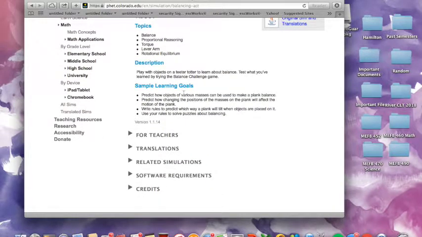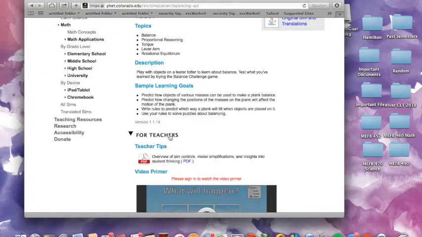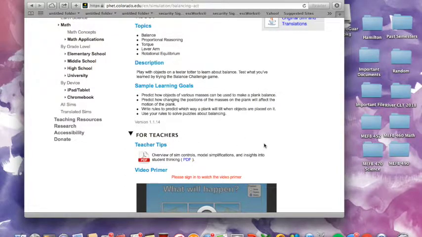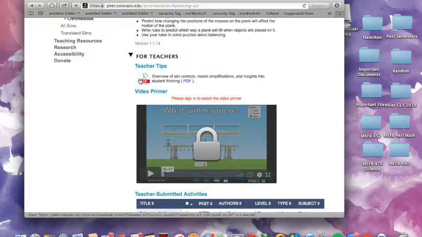One thing that I really like too is that it gives sample learning goals, so objectives that the students will be accomplishing with this. And there's 4 of those that it tells you. There's also a For Teachers link, and the first thing that pops up is a PDF of teacher tips. It gives you an overview of the sim controls, models, implications, and insights into student thinking. So it breaks down what students are thinking, what they're learning,